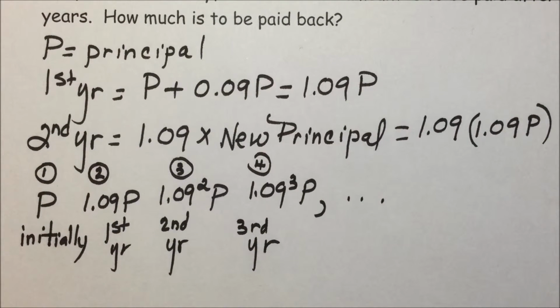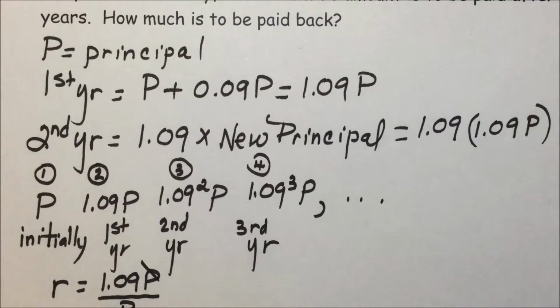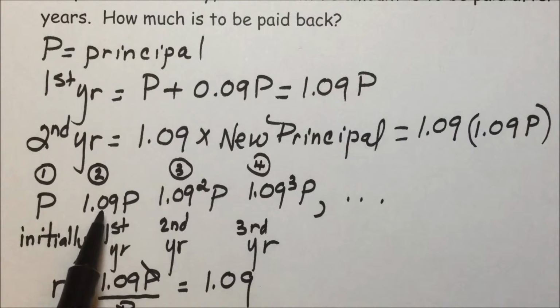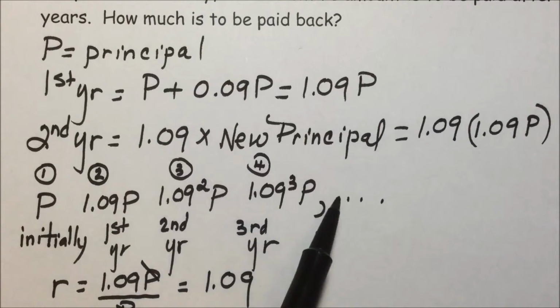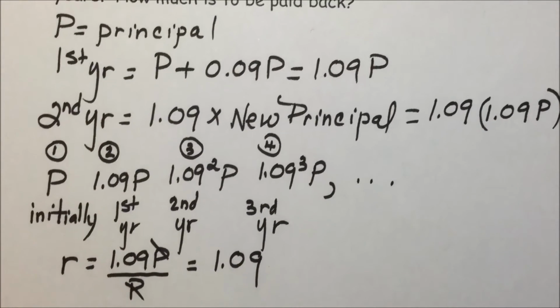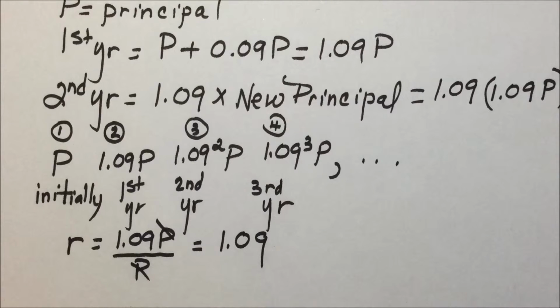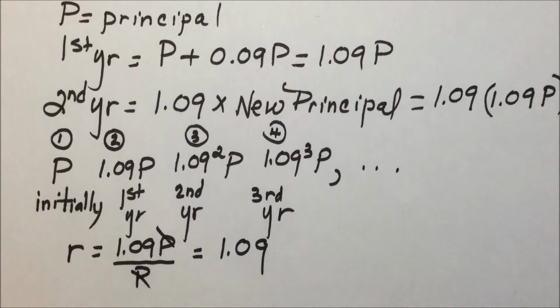We have a geometric sequence, and the common ratio is 1.09 P divided by the preceding term, which is P, leaving us with 1.09. And we can verify that, multiplying each one of these terms, we end up with a value of 1.09 that's generating those. So the question is asking, how much will